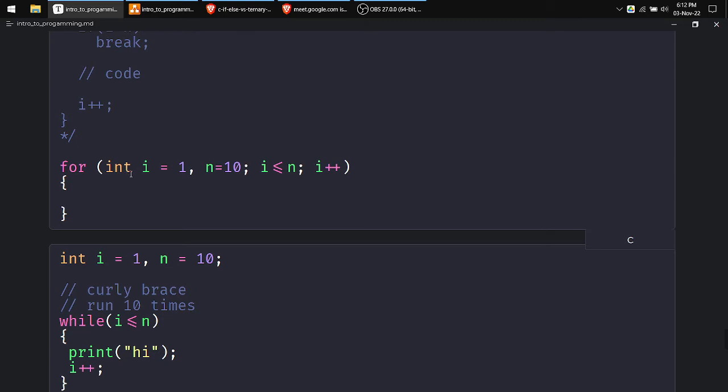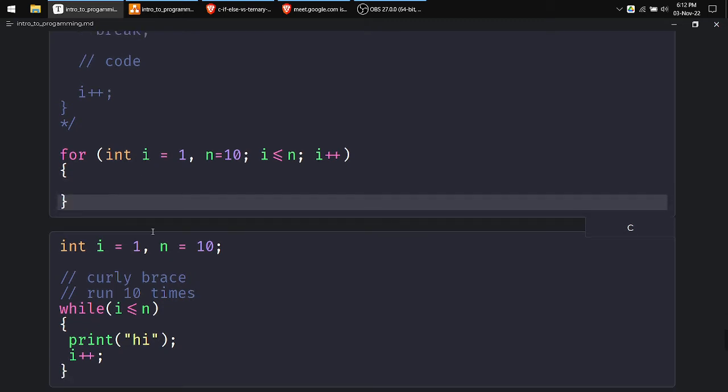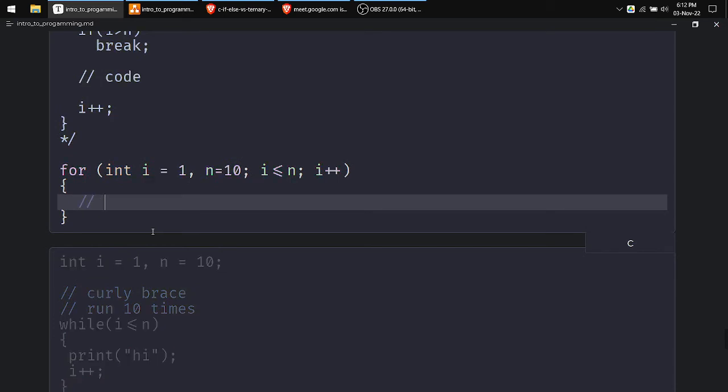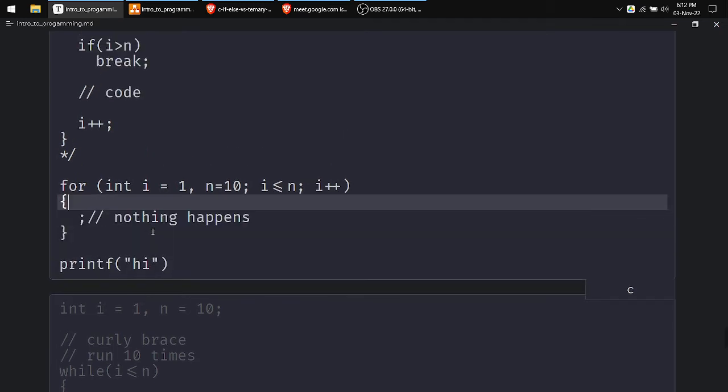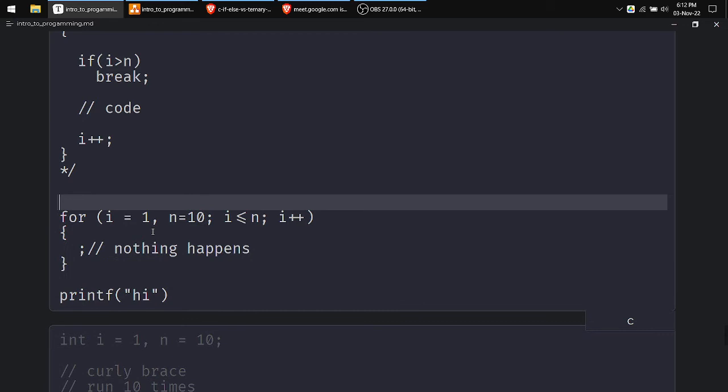Initialization, condition, statement, updation, while. One more thing I have to remember. So now if I say outside this while loop, I don't even do anything in this code, nothing happens. If I say printf hi, if I create a variable int i equal to, let's see,